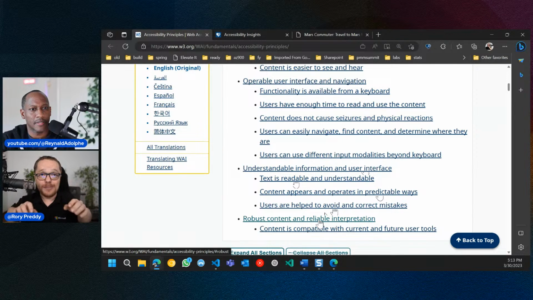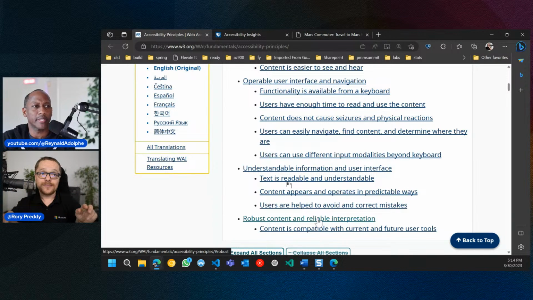Now, a lot of people do terrible things with HTML. They make it non-semantic. They put the P tags there, they put the image tags there, they do all of these things. And as a result, it's going to break in future user tools because they're not actually following semantic HTML, which I'm going to show you a little bit later, an example of non-semantic HTML and how to get around that. So these are the four principles. We've got perceivable, operable, understandable, and robust. And these are also the core principles that VS Code follows to help people both inside VS Code and also code with the tools to be able to create accessible content.